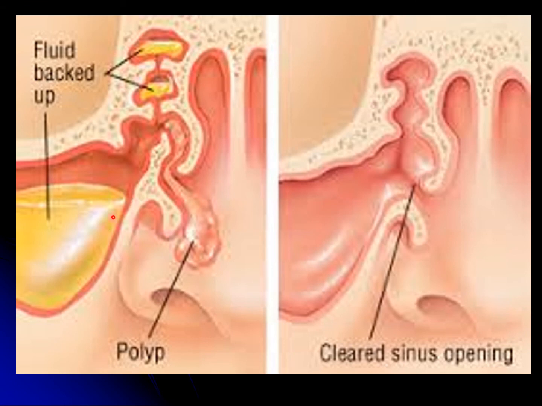Here we can see that this is a blocked opening for the maxillary sinus, because the opening is also higher up. Already we discussed that point. So it is blocked, so fluid is not draining out properly. So after the FES or functional endoscopic sinus surgery, this polyp is removed. As this polyp, or this thickening and overgrowth of the mucous membrane, is removed, the opening is clear now. So all the fluid is drained and the sinus is working properly now.